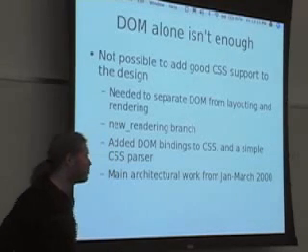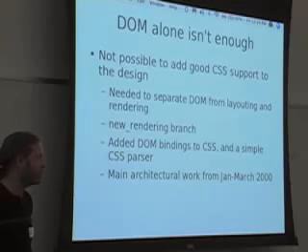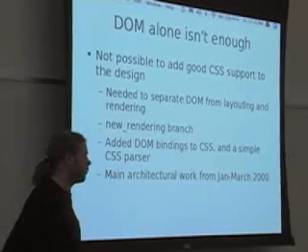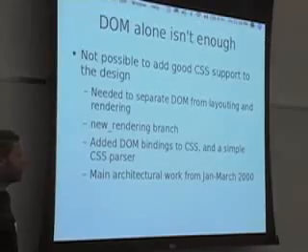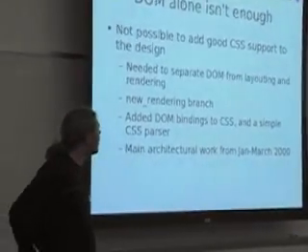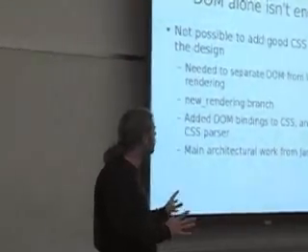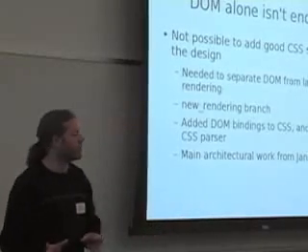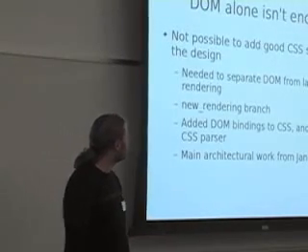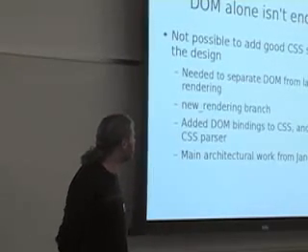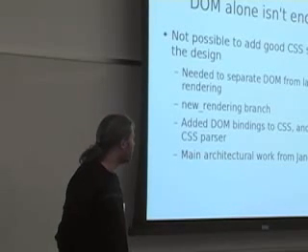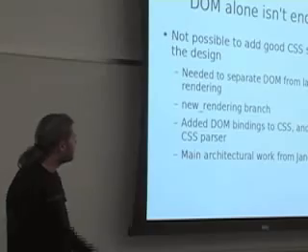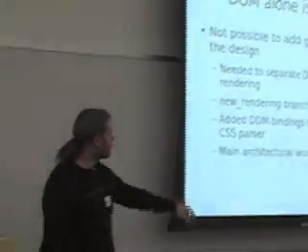any element by just changing its display type from inline to block, or from block to table cell, or whatever you want, which basically meant that we had to separate out the layouting and rendering from the DOM representation. And that's what we did then at that time, again in a new branch in KDE. And we added DOM bindings to the CSS, a simple CSS parser. We did lots of architectural work there in the beginnings of 2000 to get these things working and up to